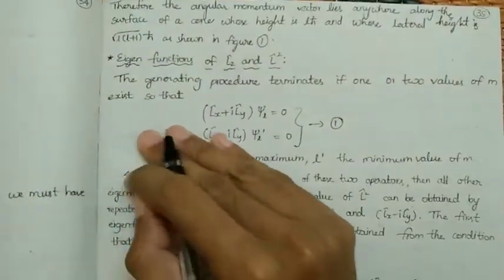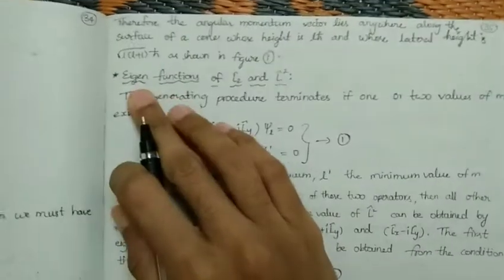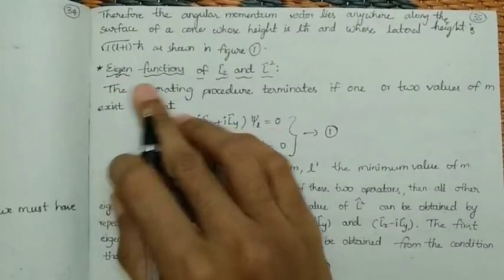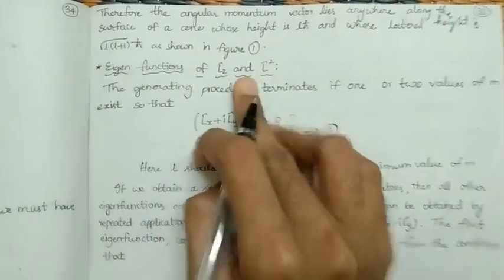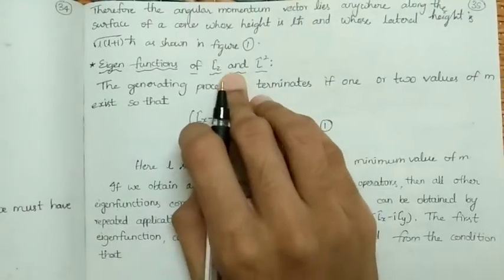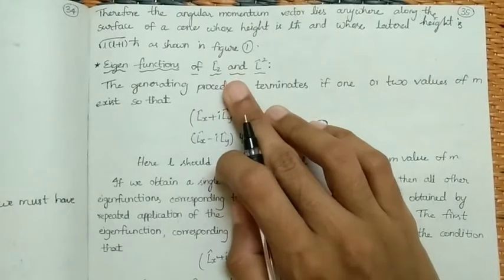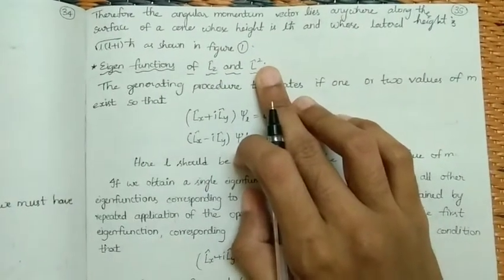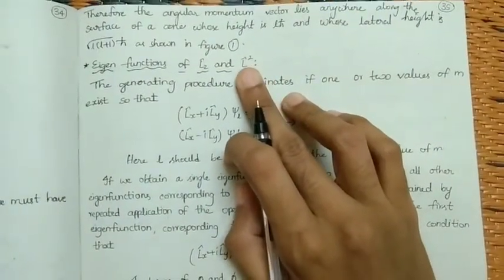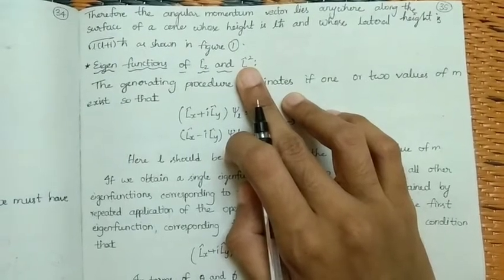So let's see eigenfunctions of Lz and L square. In this we are going to derive the eigenfunctions of Lz and L square. For a given single value of L, that is,